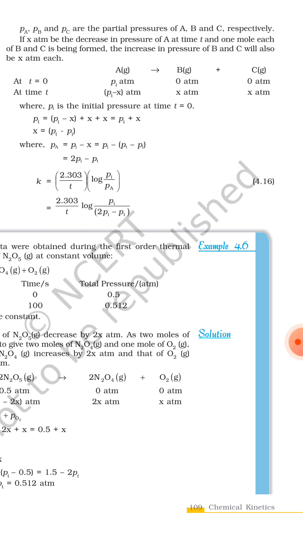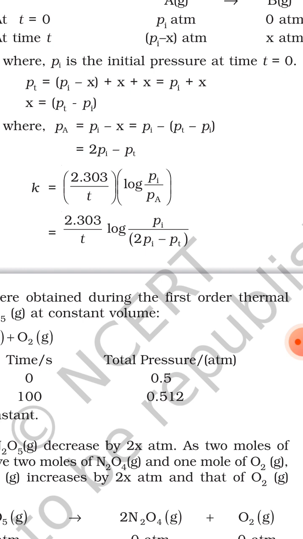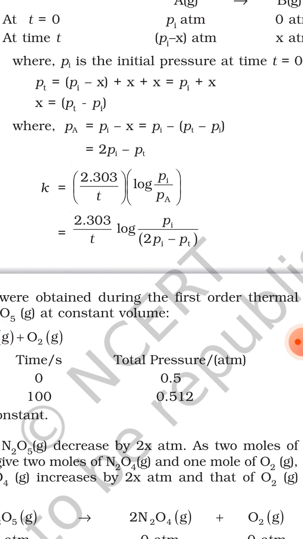ठीक है, तो जो रिएक्टेंट A में जो प्रेशर है उसमें जो x है वो डिक्रीज हो रहा है, और B और C जो है ये दोनों प्रोडक्ट का प्रेशर है। Pi is the initial pressure at time t equal to 0. तो टाइम t0 पे ही इनिशियल प्रेशर है। तो टोटल प्रेशर रिएक्शन का प्रोडक्ट रिएक्टेंट का वो है Pi माइनस x प्लस x प्लस x, माइनस x प्लस x कैंसिल, equal to Pi plus x. x equal to Pt minus Pi. तो प्रेशर जो है दोनों प्रोडक्ट B और C का, उसमें जो डिफरेंस है प्रेशर का, मतलब टोटल प्रेशर और इनिशियल प्रेशर में जो फ़र्क है वही प्रोडक्ट B और C का प्रेशर है।